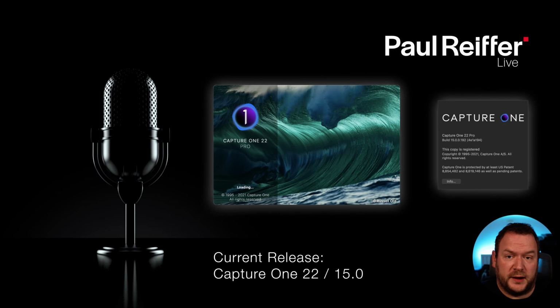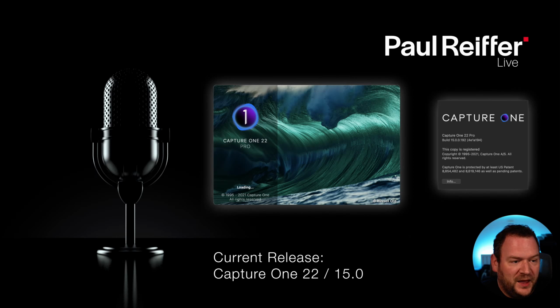Go to your CaptureOne.com account, log in the top right-hand side, I think it is. In there, it will show you in your account the options that you've got for your license. Everyone's license is different. Some people have a permanent one. Some people have a subscription license. If you're on subscription, you have access to the latest version anyway. That's what you pay for. If you're on a perpetual or more permanent license on one version, then you'll get different options to upgrade based on which particular version, whether it was a branded one, whether it was a pro license, and you can choose whether to go up to the current version of 22 or stay where you are.